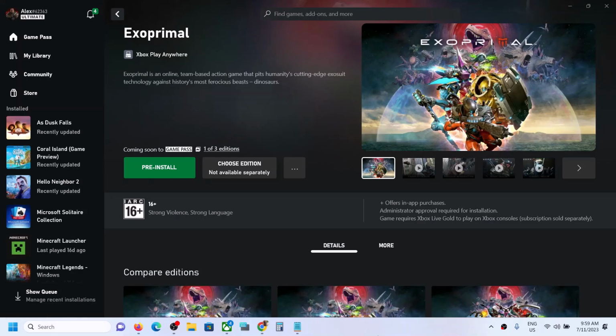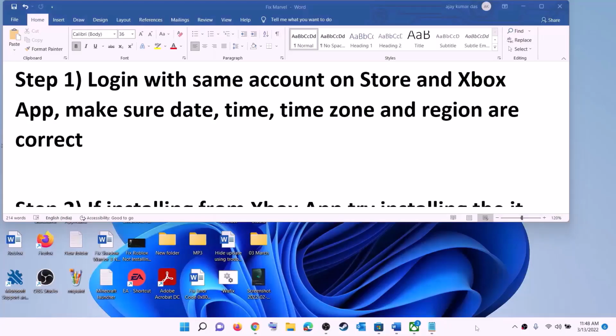Today in this video I'm going to show you how to fix when you're unable to install Exoprimal game from Xbox app, or if you're unable to install it from Microsoft Store, then please follow the steps shown in this video. Now the first step is to log in with same account on Microsoft Store and with same account on